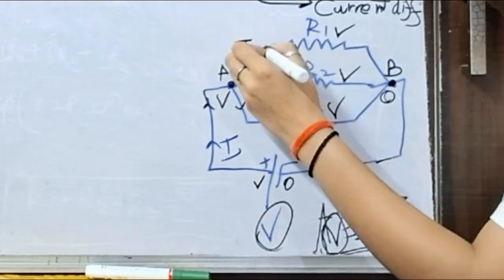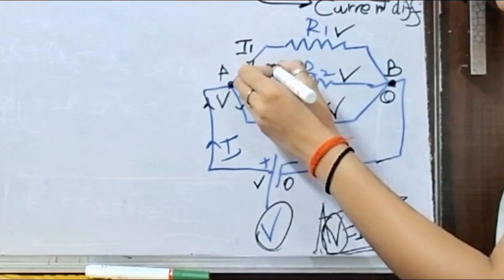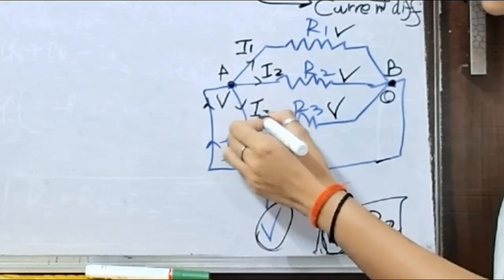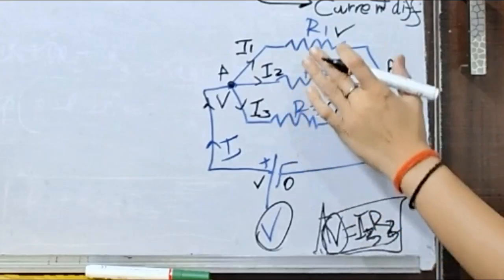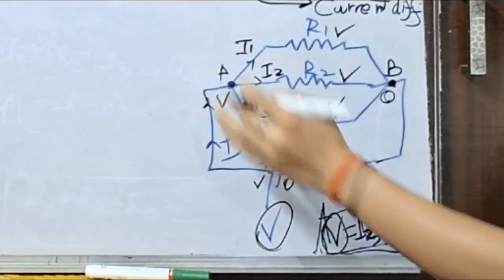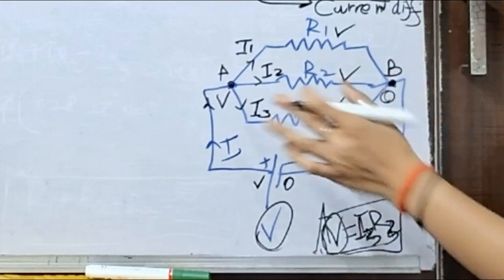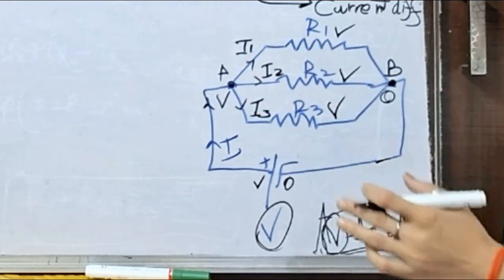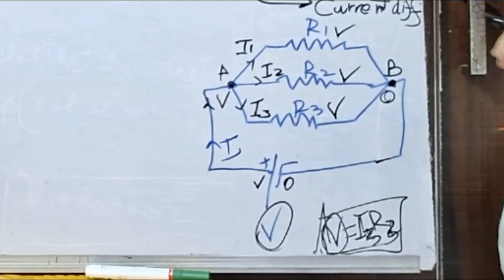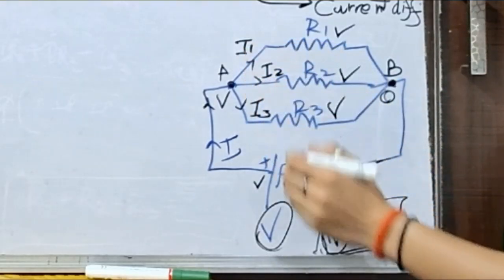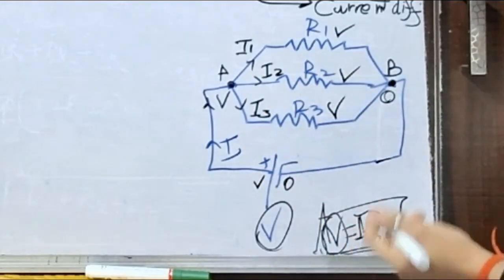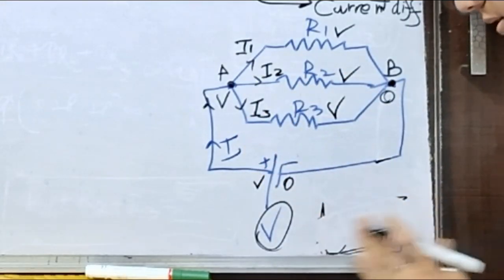That is, in R1 the current I1 will go, in R2 the current I2 will go, and in R3 the current I3 will go. Why? Because the potential difference is same across each resistor and the resistance is getting changed. So in order to satisfy Ohm's law, the current will get distributed, and this same was the case in series combination. But there what was happening, that current was same across each resistor but the potential was changing. अब उसके केस में क्या हो रहा था,